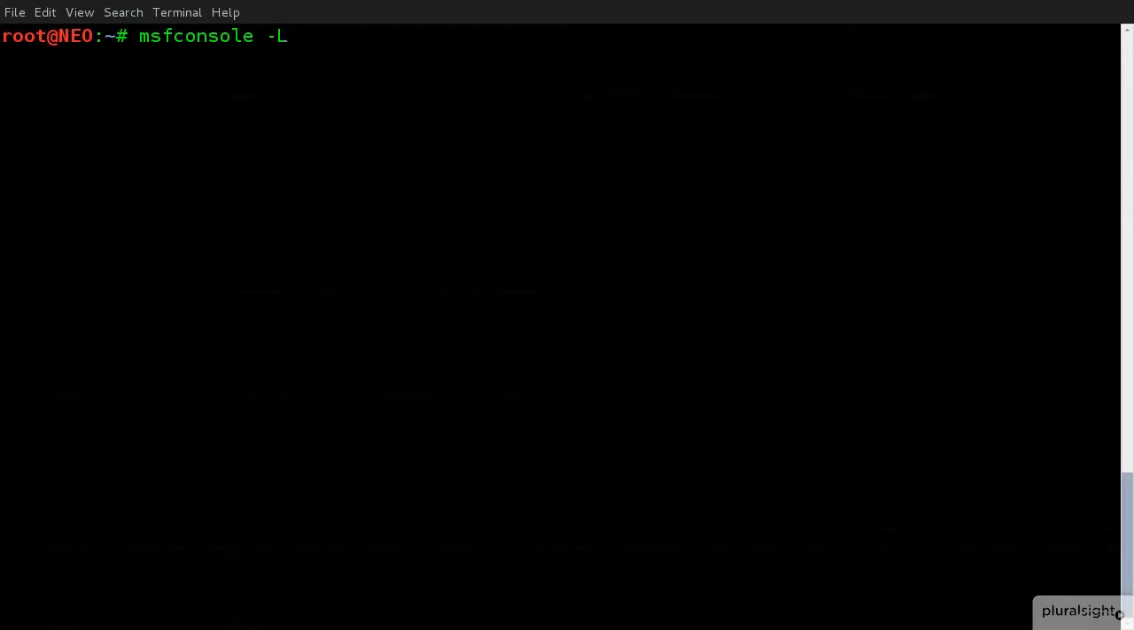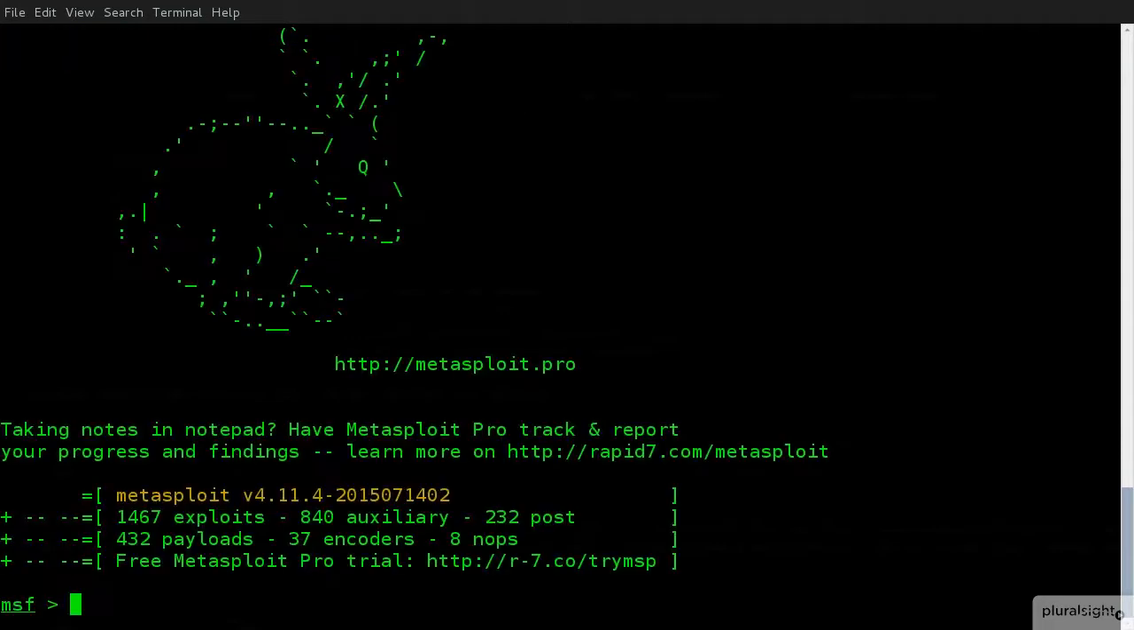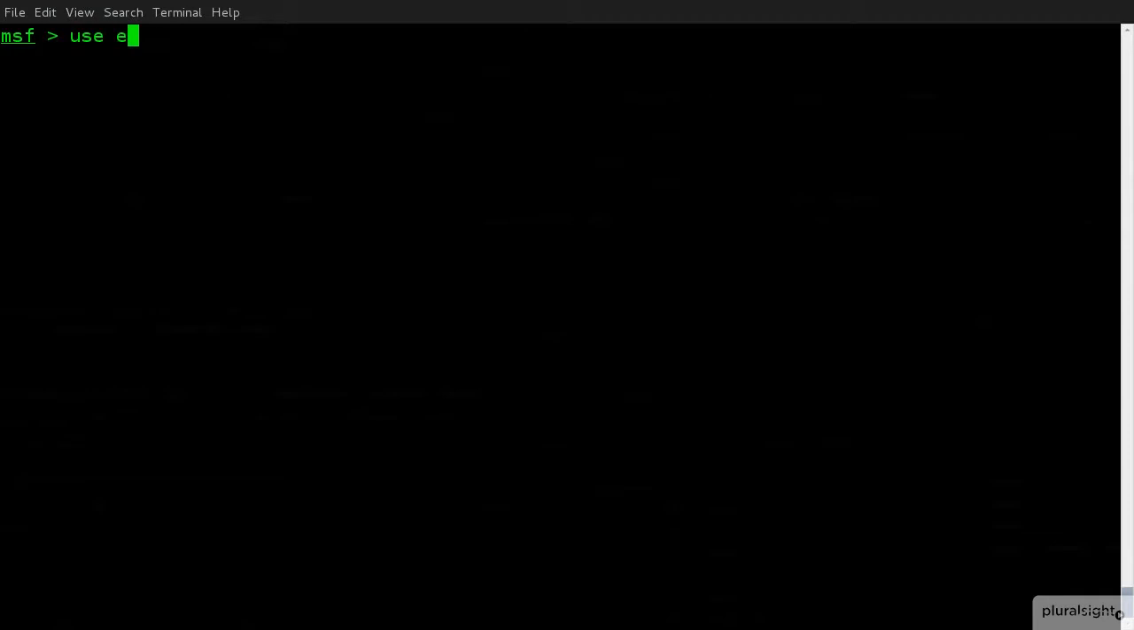I'm going to do -L because I want to read some files in later and I want to use it in a different format. So I'm going to choose msfconsole -L, and this should then load Metasploit. Okay, Metasploit is now loaded, so we'll click clear. So we're going to use our standard exploit that we've used previously,